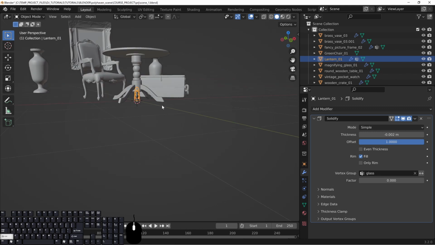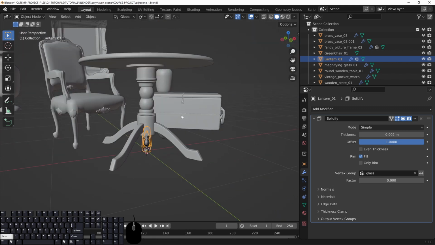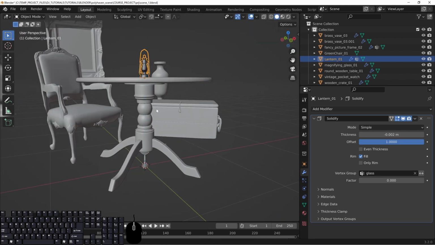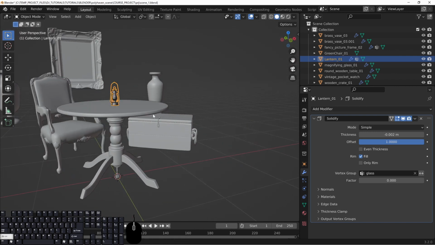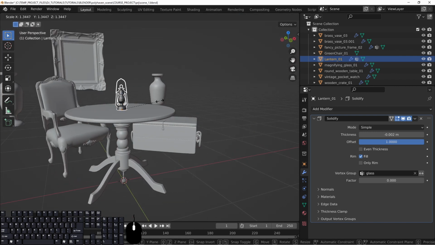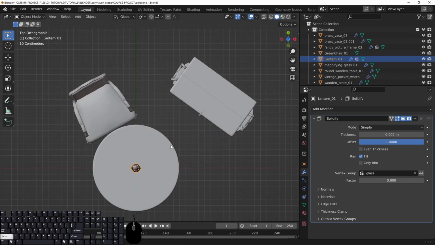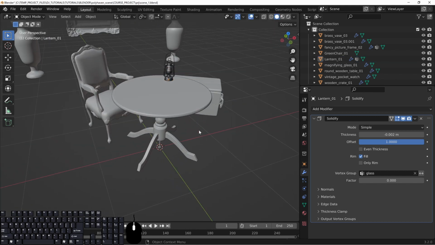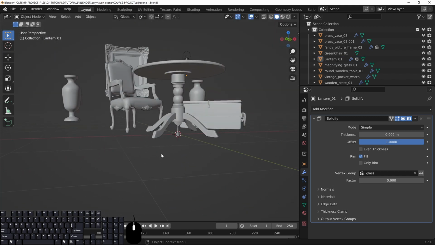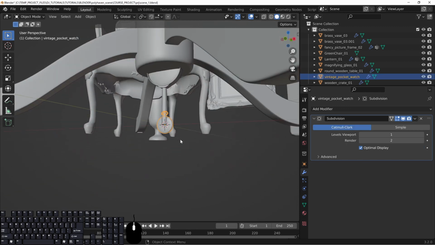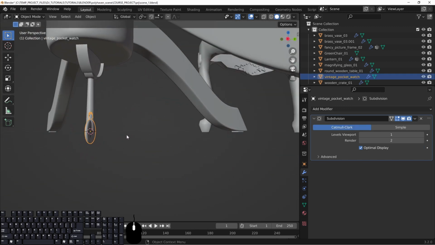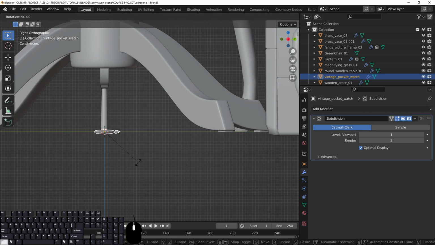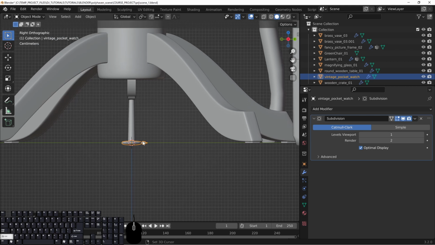And then we have the lantern here. So let's grab that on the Z and we'll place it on the tabletop, scale that up a bit, maybe like this here, and we'll move it over kind of like here, rotate it a little bit so it's pointed a little bit towards the camera and place it there. And the watch, you can see the watch right here. We kind of need this to be laying more like this. So hit R, hold Control to lock it on the